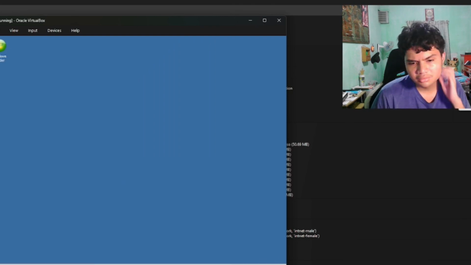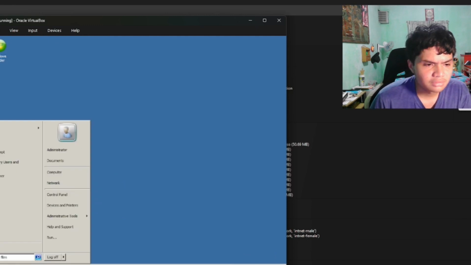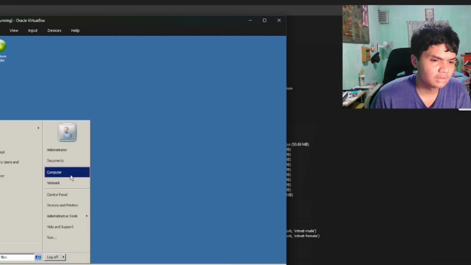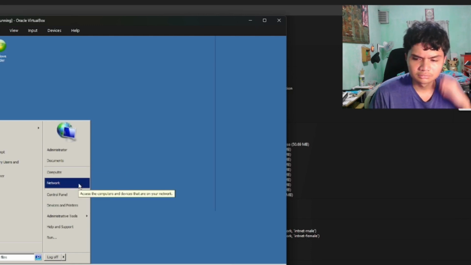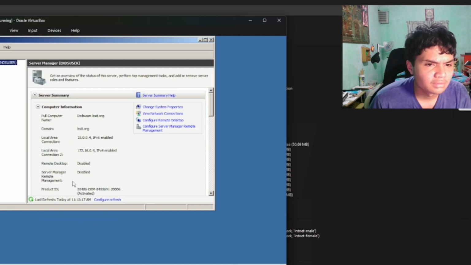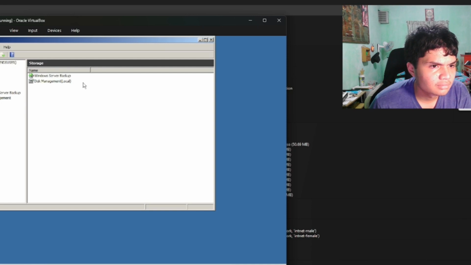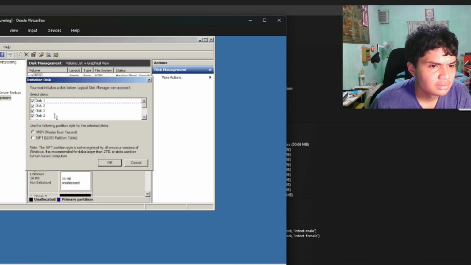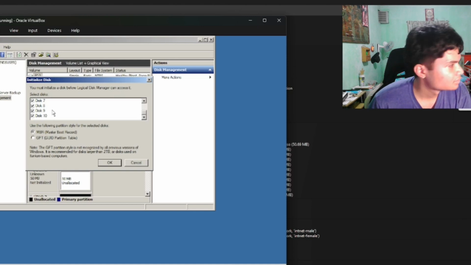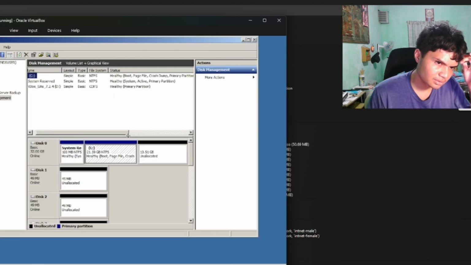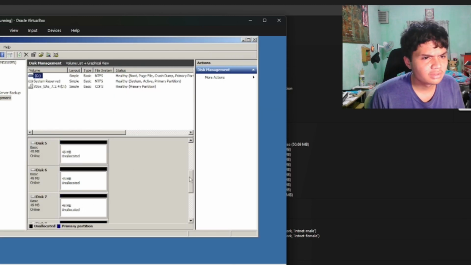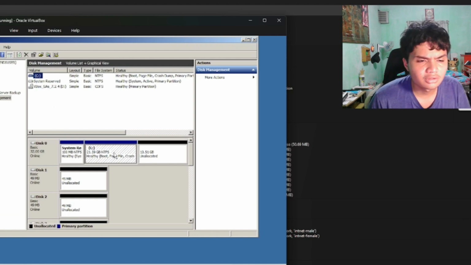So to go to RAID, go to computer, then manage. Then we need to go to storage. Then go to disk management. There you go. There we already saw all of our disks checked. So we just need to press OK. And we're inside. There you go. We have the list of all the disks inside together with the CD-ROM.